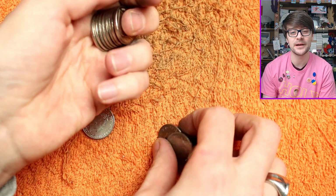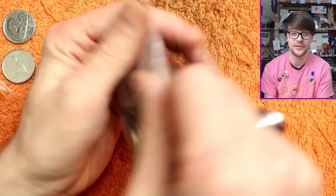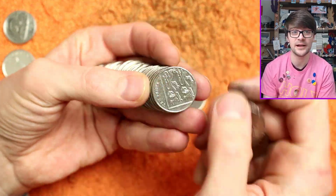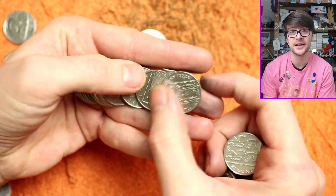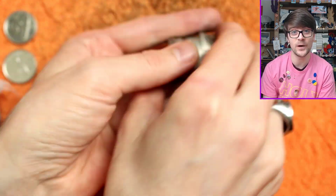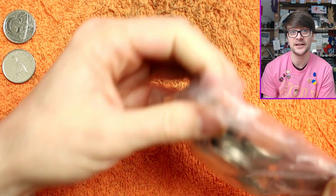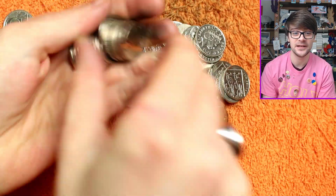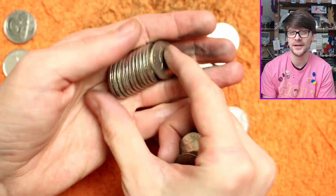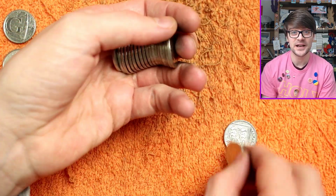I mean, I have thought about, maybe at the end of the year, doing a compilation video of every Olympic 50p I found throughout the year, every Commonwealth Games £2 coin that I found throughout the year, all of the errors and interesting things. But the problem is, I have the problem you've highlighted. I don't know when or what I found and when it was I found it. A couple of them I know immediately. I can tell you which videos it is, but if you ask me what video did you find your Shakespeare tragedy edge inscription error, that might take me a little bit of digging through the older videos,